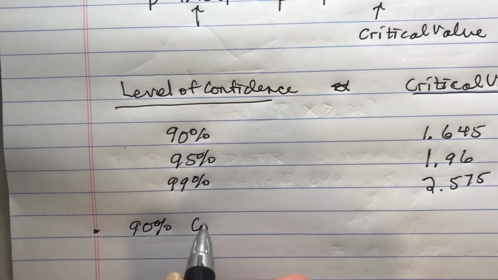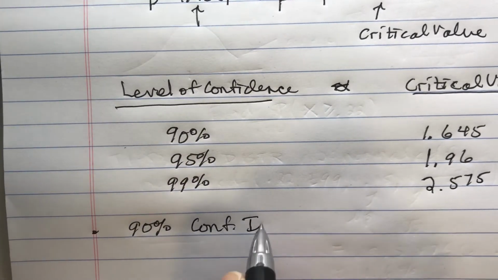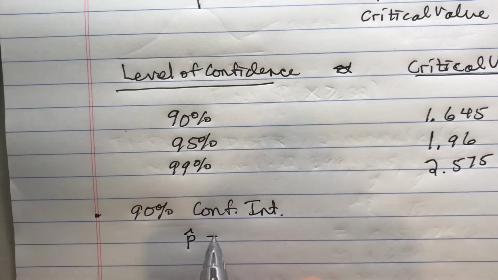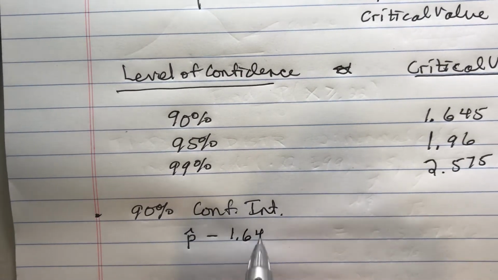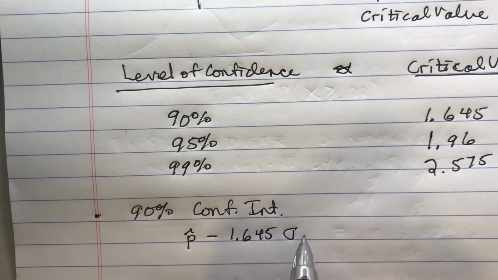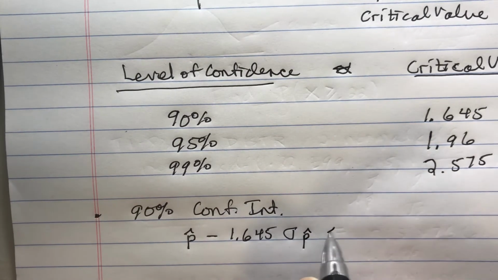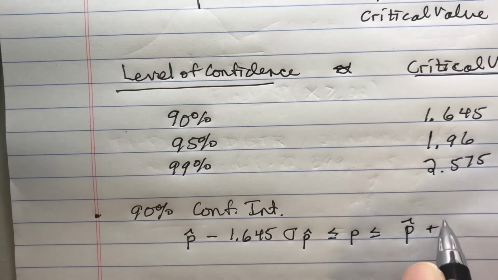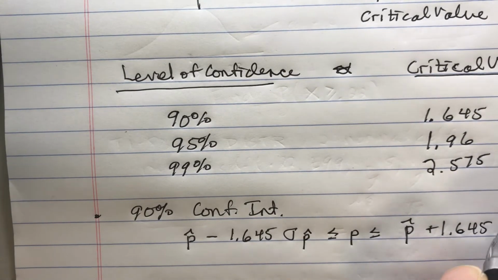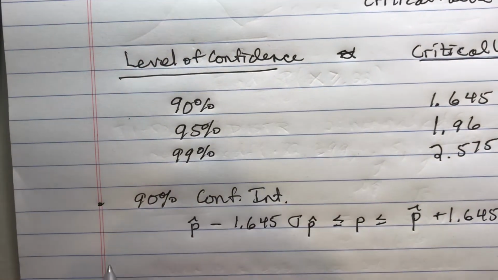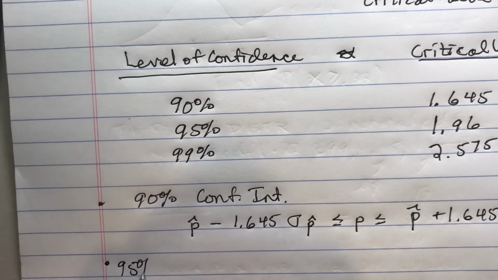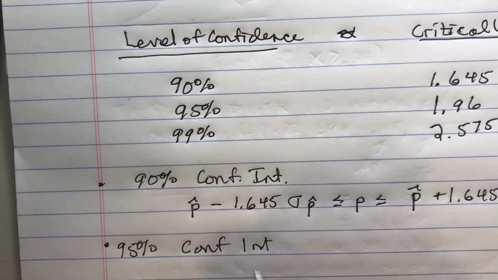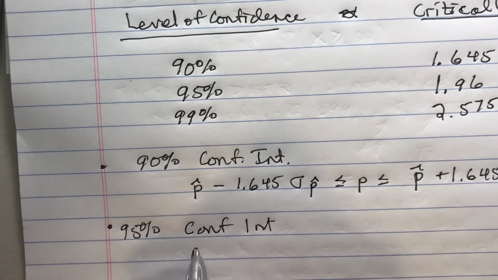So let me be more clear then. 90% confidence interval, I've abbreviated. It's going to be P hat minus 1.645 sigma P hat is less than or equal to P is less than or equal to P hat plus 1.645 sigma P hat. That's for 90%. 95% I already wrote above. That's going to be P hat minus